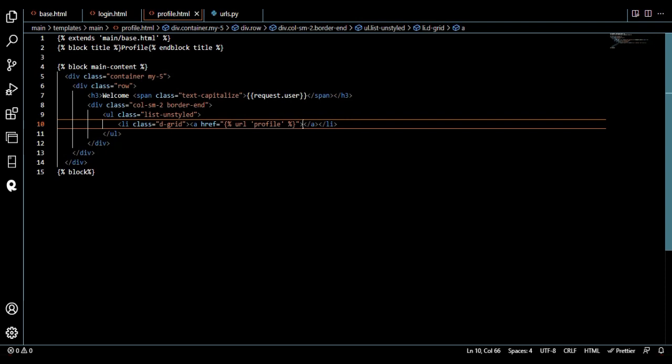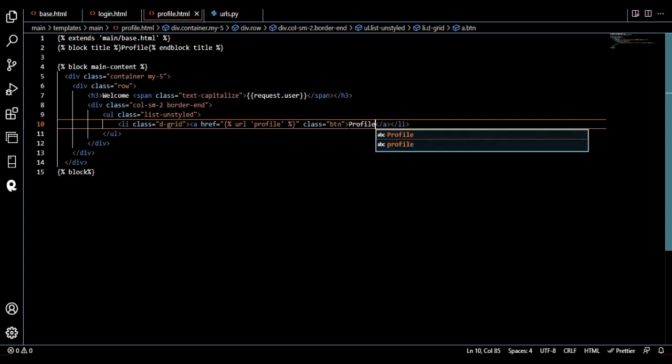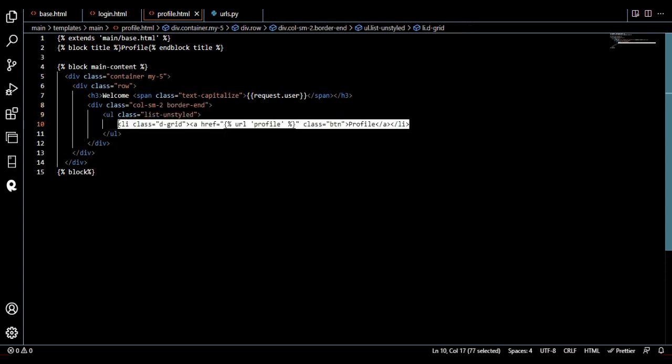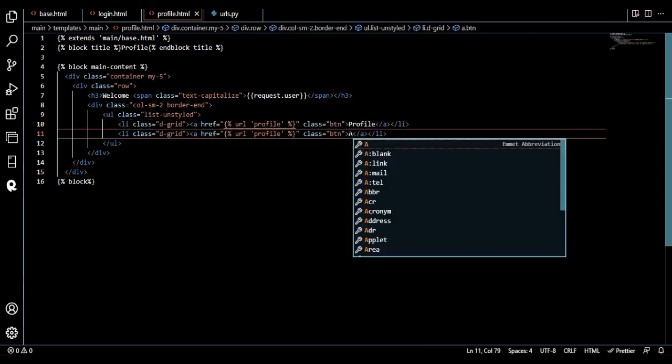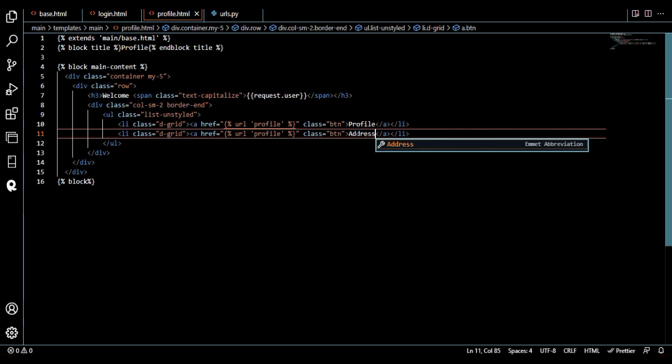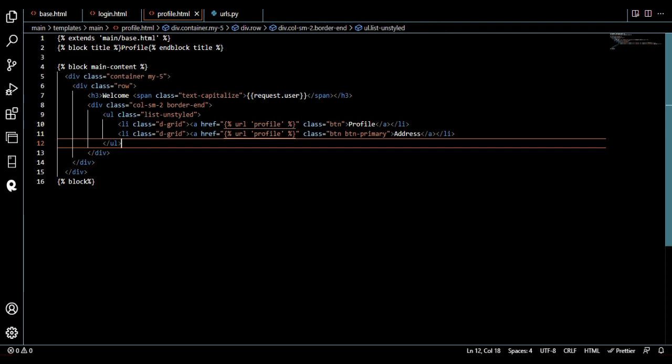We should format this anchor tag element, class is equal to btn. So we can write down the name of profile. Then we can duplicate this one for another title by the name of address, because we are going to make an address for our application. This one should be active, so we can write down btn primary. Outside this user list we're going to make